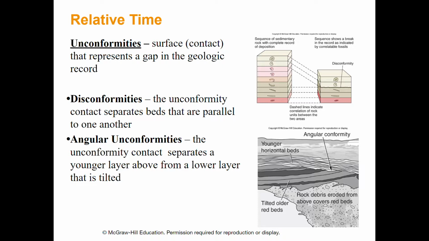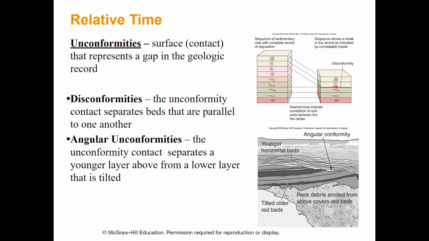All right, now sea level drops. If sea levels drop, we're up on the land, so now we're getting weathering and erosion, and we're beating apart that sandstone and eroding it away. Now the sandstone's gone, and we're going to weather and beat apart that shale. That shale's now gone. We're now just left with the sandstone. Oh, now sea levels come back up. We're back under the water, and now a limestone forms on top of that sandstone. The contact between that new limestone and that old sandstone is an unconformity.